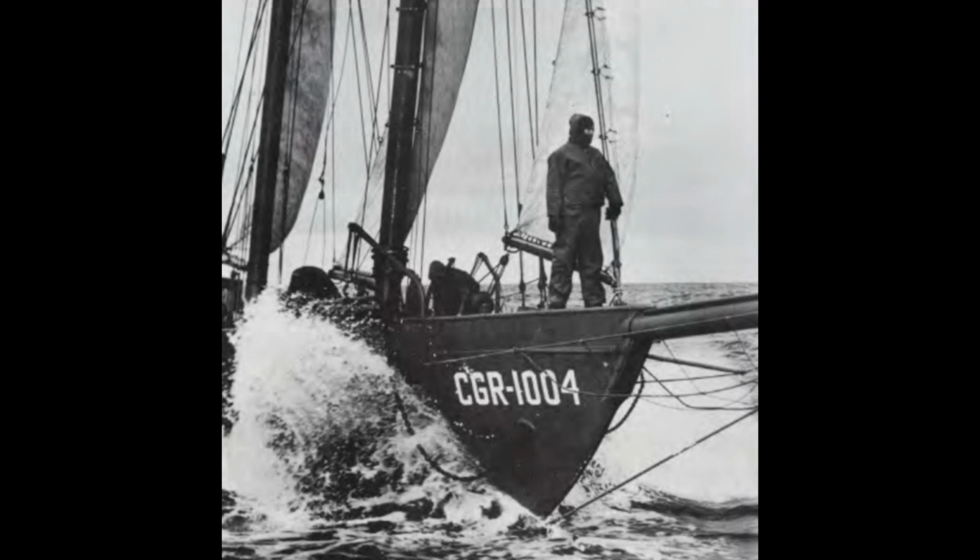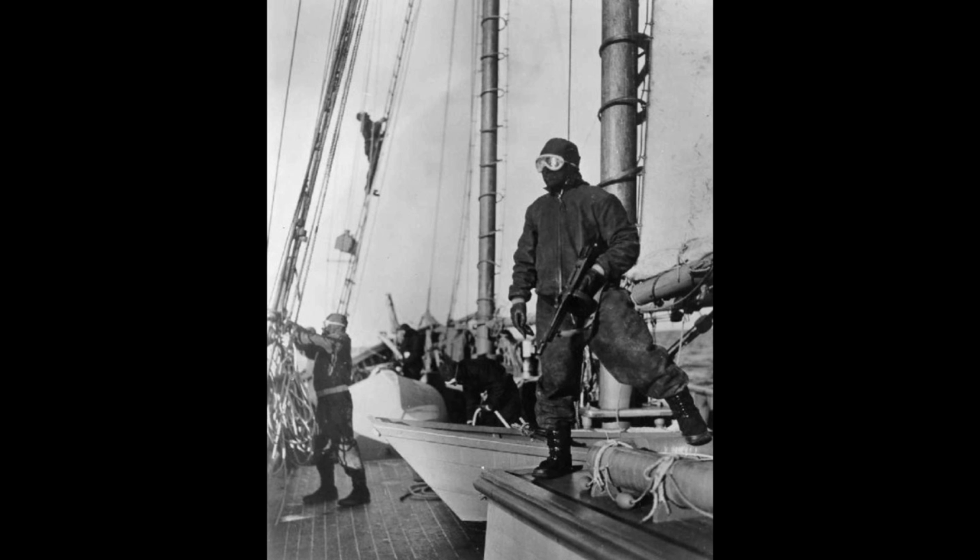In World War II, obviously, technology had advanced and sailing ships were becoming less and less common, but one particular force did end up still using sail ships in a combat role, and that was, believe it or not, the US Coast Guard. That's because on entry into the Second World War, they suddenly discovered that the US East Coast was a very, very large area, and U-boats were very good at hiding,